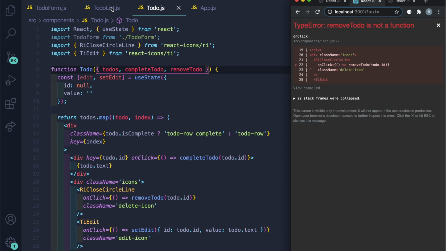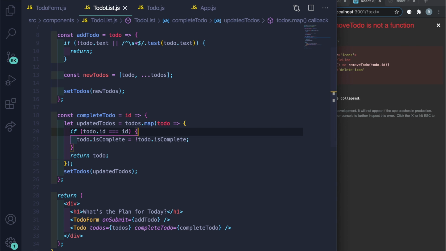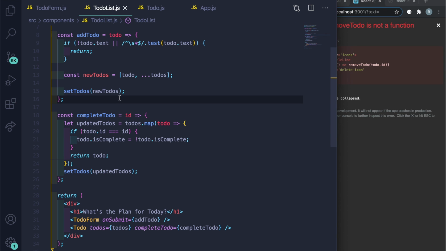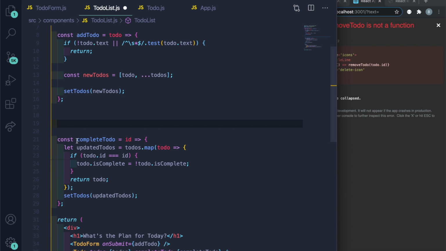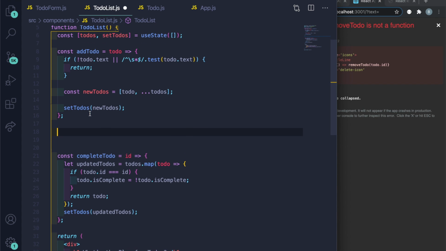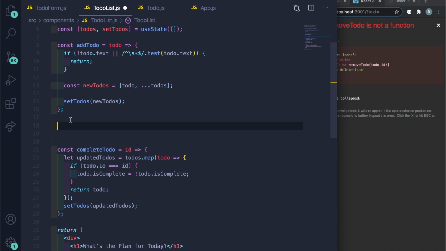So we gotta go now to to-do list, and let's just put it in between the add to do and the complete to do. So right here, I'm inside to-do list in the middle between these 2 functions. Now I'm just gonna create this function here. I'm gonna say const remove to do. I'm gonna just pass the parameters, call it ID, name whatever you want to, and then arrow